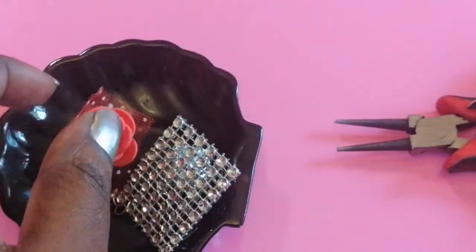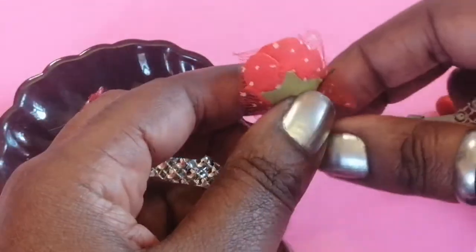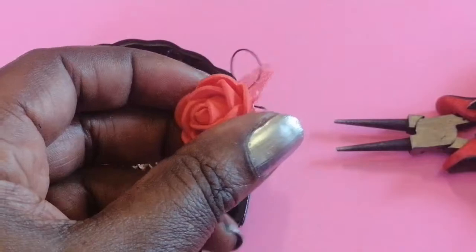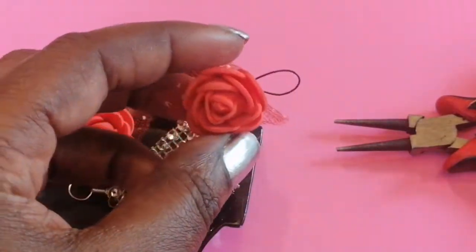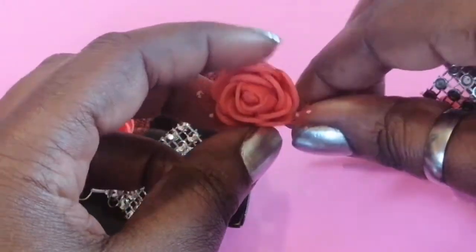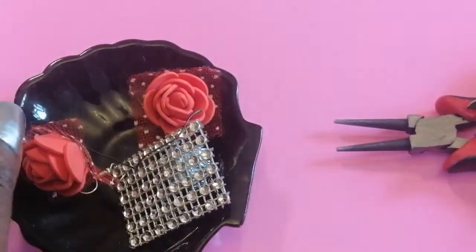And then the other thing I found was this kind of rose thing, and it was around the house not doing anything. I don't know what it is. I think it was some kind of decoration because it's got a wire here. So I thought I might as well make that into an earring as well. So we'll start off with the